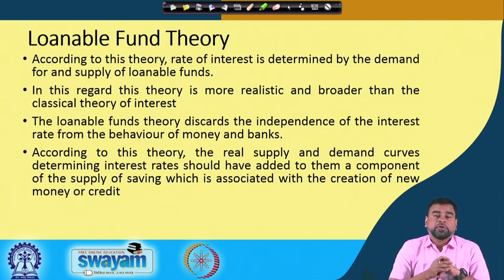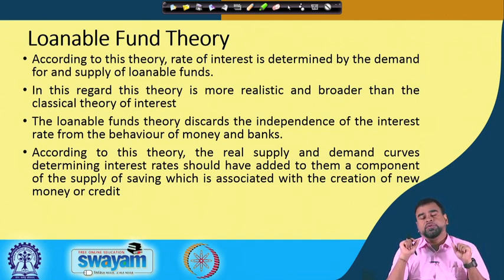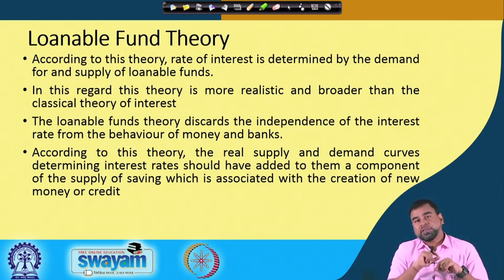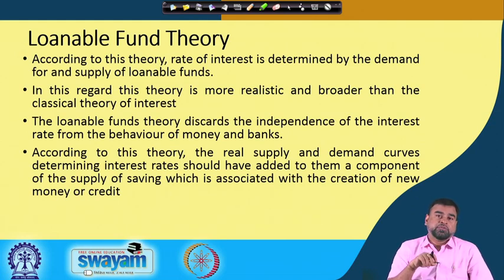The loanable fund theory gives importance to money created by the bank and the role of the banks in the determination of the interest rate, because the bank is the most important economic agent in the system. It is the payment gateway, all kinds of transactions take place through it, it is the most important intermediary, and most loans are always carried out by the commercial banks.